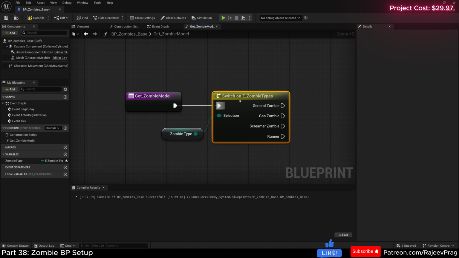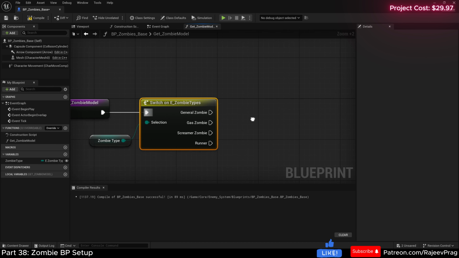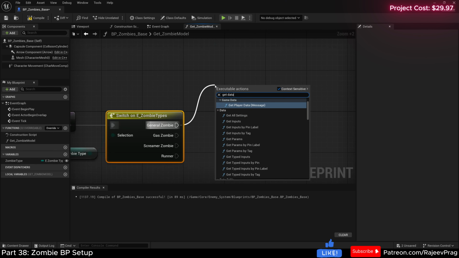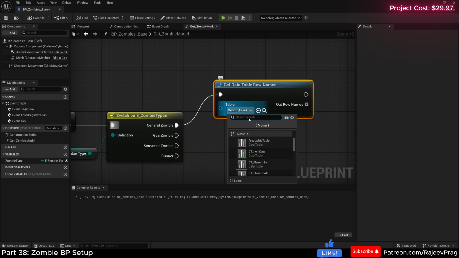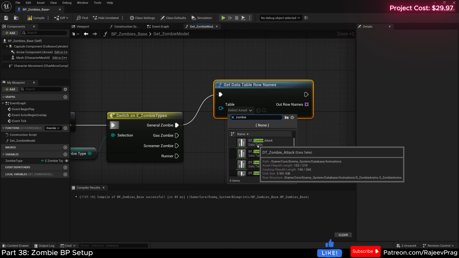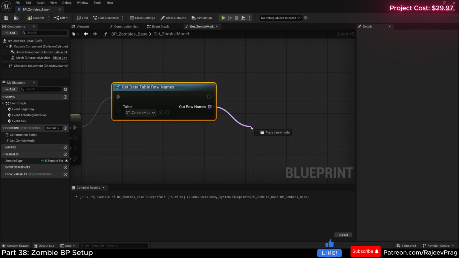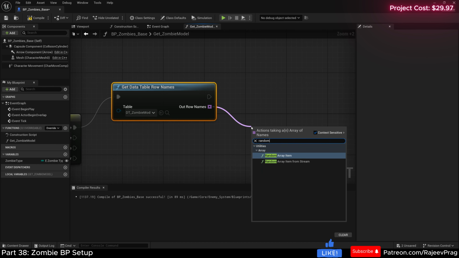Currently we're only working with the general zombie, and we downloaded a whole bunch of zombie models and they're all going to be for the general zombie purpose. So I'm going to drag off of this general zombie and say get data table row names and select our zombie model as the table. And here I want to get a random model. So I'm going to search for random array item